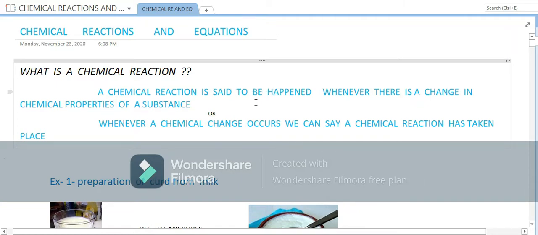एक केमिकल रिएक्शन होता है, कब होता है? Whenever there is change in chemical properties of substance. तो एक कोई भी एक चीज अगर कोई केमिकल प्रॉपर्टीज चेंज होती है तो आपको ये पता होना चाहिए, और